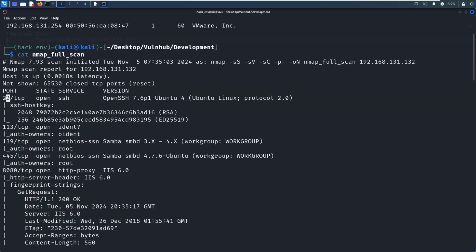The first one is 22, which is running the SSH service, or secure shell service, and its corresponding version information, 7.6. This version is not updated. However, I don't think we can find any vulnerability except the username enumeration vulnerability, which is not what we want at this point. The second one is 113, and Nmap cannot determine its service, which is fine, and will not affect our penetration for this machine.